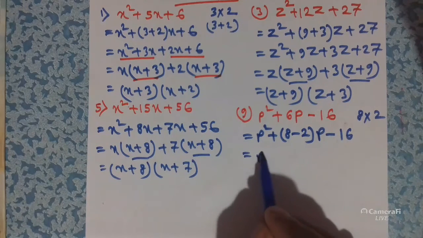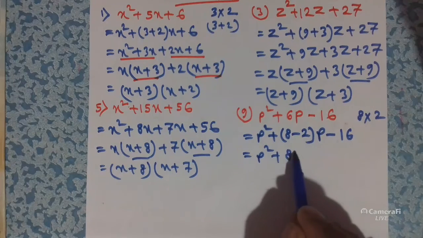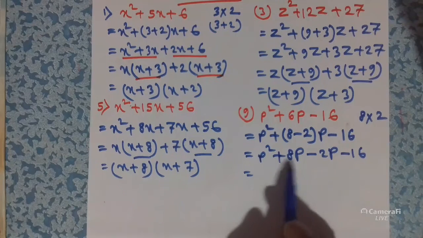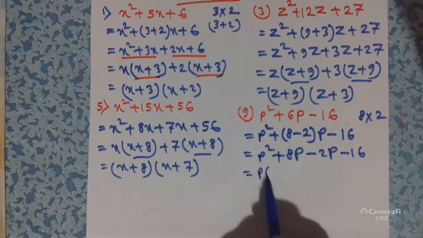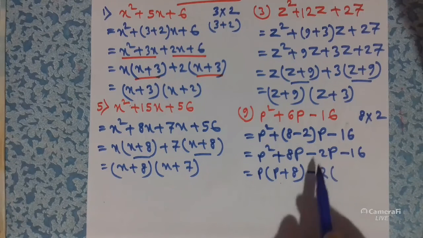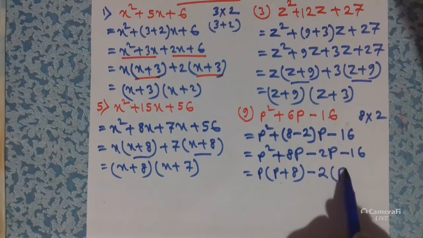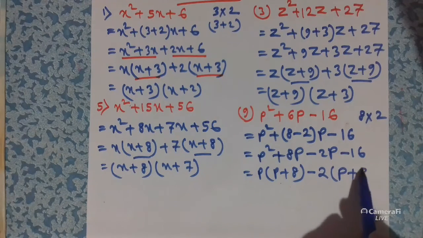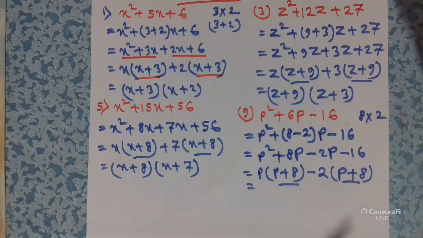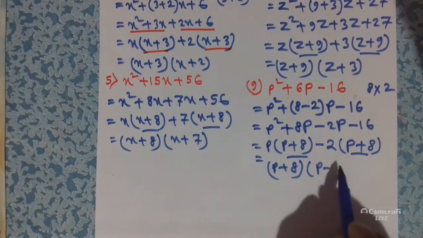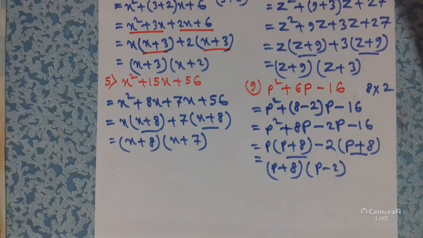Now remove this bracket, so it will be 8p minus 2p minus 16. Now from the first two terms we have to take p as common, so p plus 8 will be left, and from the last two terms we have to take minus 2 as common. So after taking minus 2 as common, p will be left and minus minus plus 8 will be left. So again we can take p plus 8 as common, so p plus 8 and p minus 2. I hope all of you understood. Next problem,